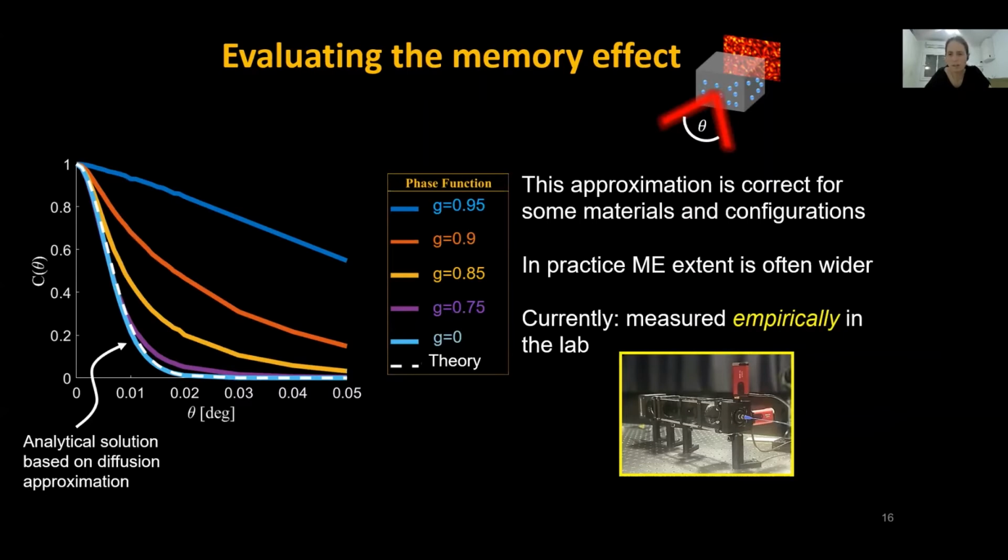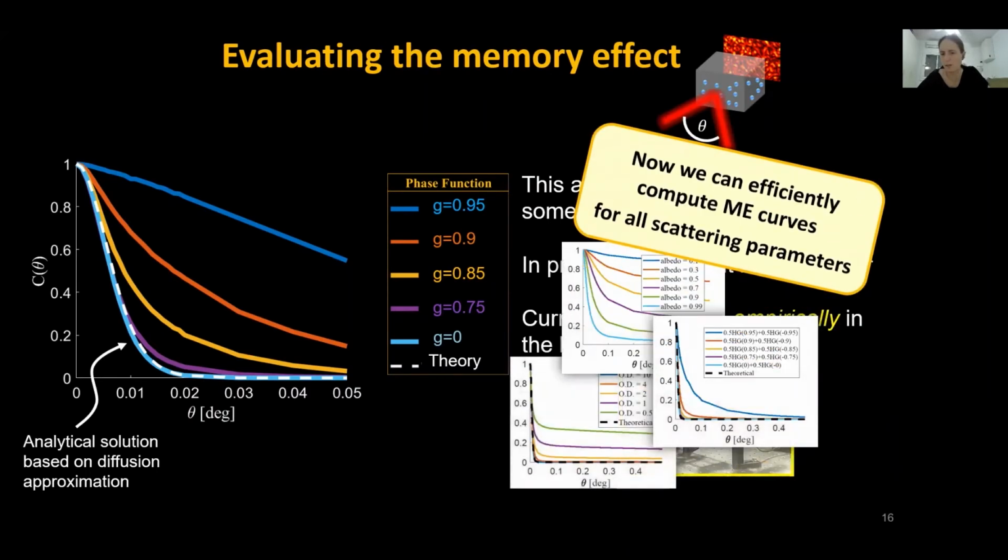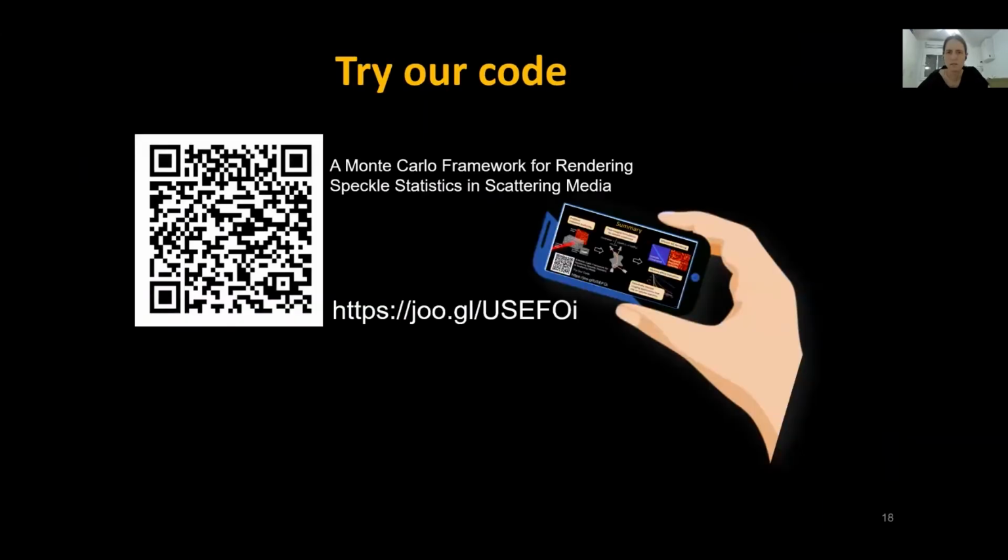Now, for the layer thickness used in this simulation, when the phase function is more forward scattering, the diffusion theory is invalid, and the extent of the memory effect is much wider. Of course, even for a forward scattering phase function, you can match diffusion theory. You just need to make the material even thicker than what we considered in this experiment. In the paper, we've evaluated the memory effect as a function of many other material and geometry parameters. Our speckle rendering code is available online, and you are very welcome to try it and bug us with